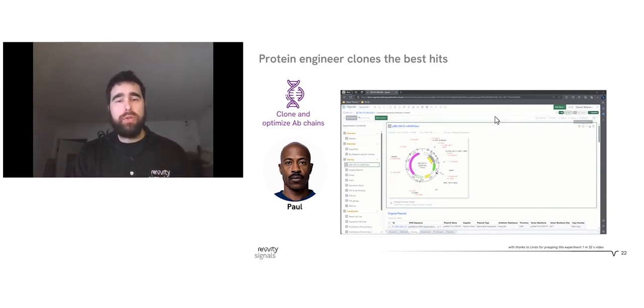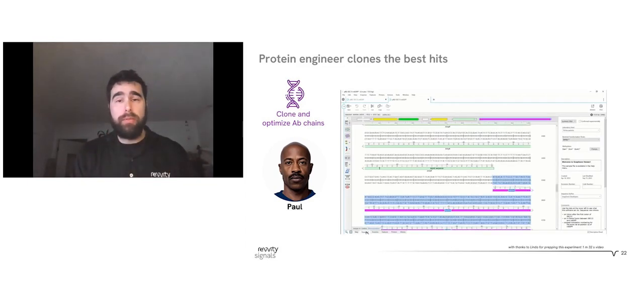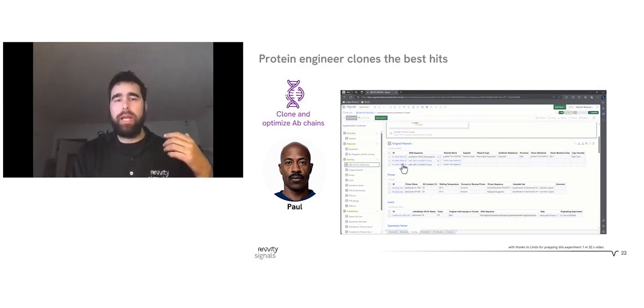We have integrated tools like SnapGene. But so this is very easy for molecular biologists like Paul. In this particular example, we're looking at the molecular biology toolkit within Signals capabilities. So he can plan primers, he can develop a whole cloning experiment. So this is just, again, more sequencing here. And here we can plan primers, develop a whole cloning experiment, and allow Paul to easily create expression vectors for